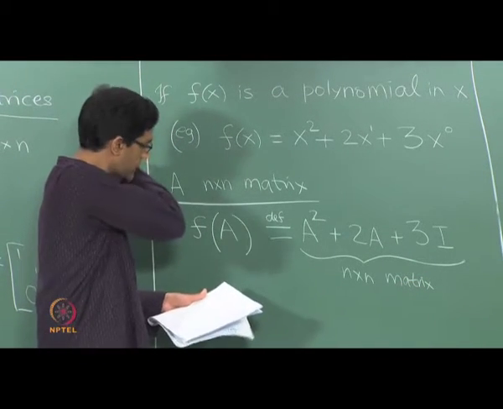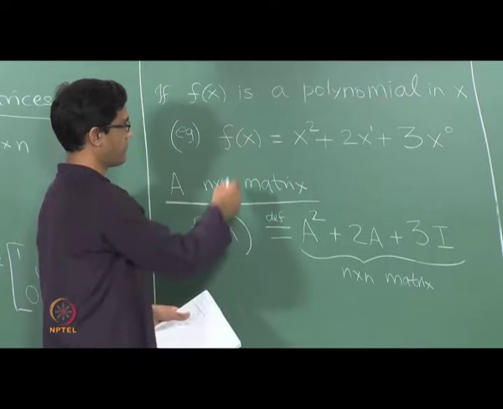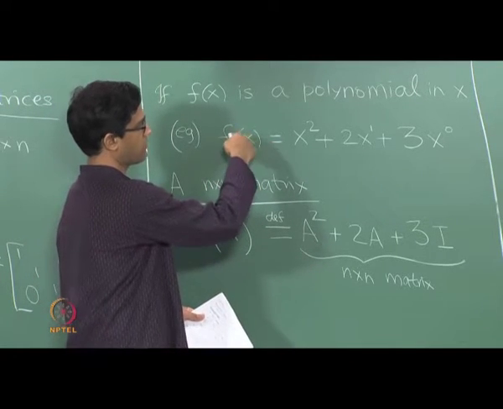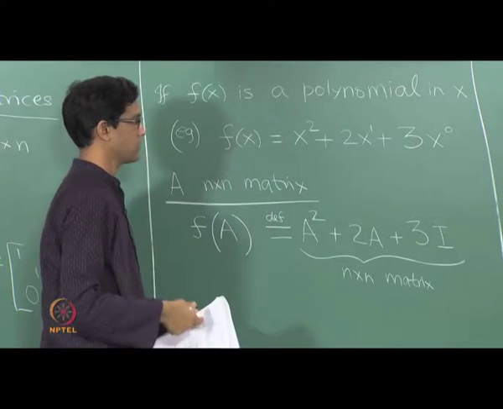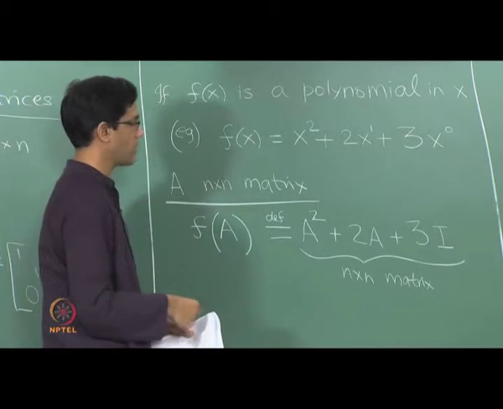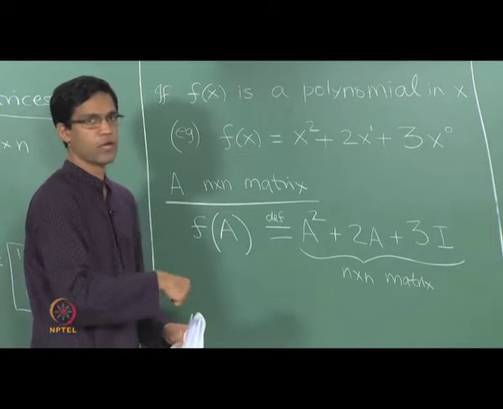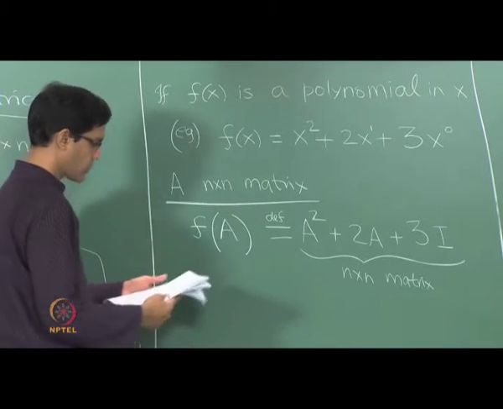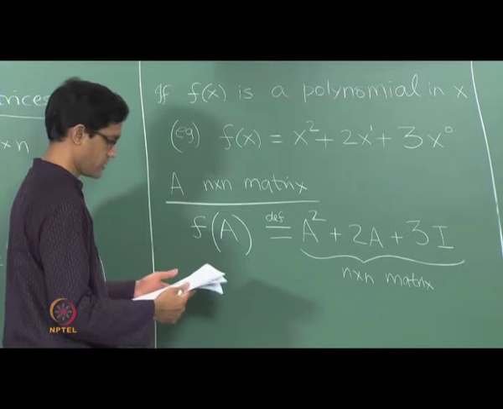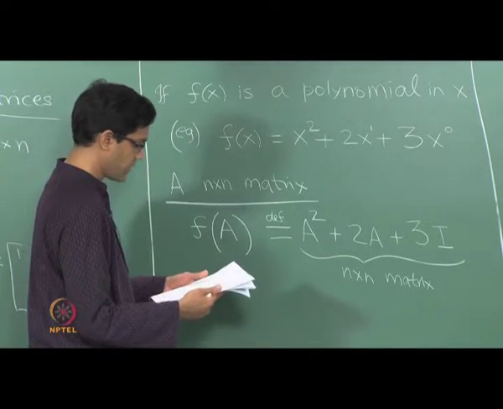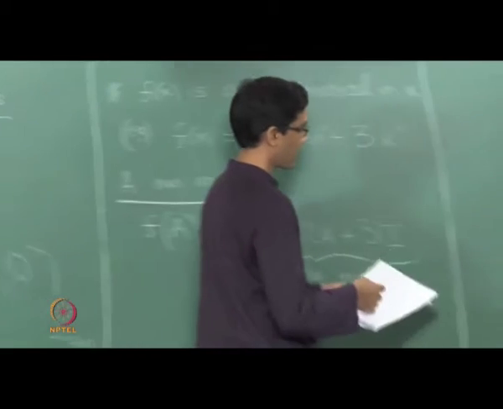Okay, so this is the general definition. If you have any polynomial with, say, x power d plus some multiple of x power d minus 1 and so on, wherever you see x power something, you replace it by the corresponding power of A. Okay, so that is how you make a polynomial act on a matrix. And let us just study this to see what sorts of interesting things can come out of it.